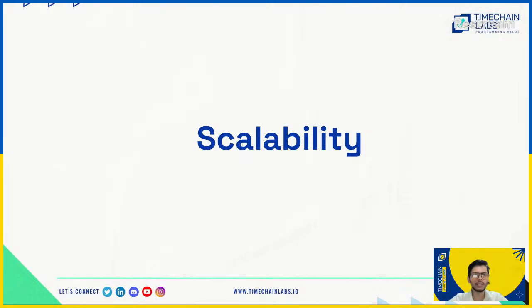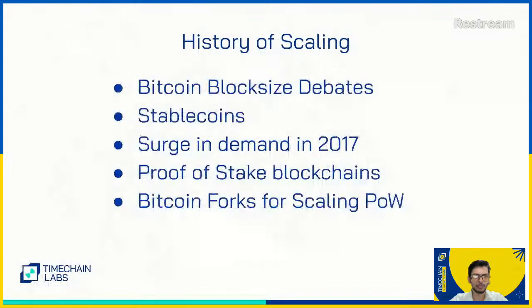Now, there is another strategy to scale also. So this is essentially the Bitcoin history of the scaling debates. There were big block size debates that happened. Stable coins came into the picture. What is a stable coin? A stable coin is a token represented on the blockchain, issued on the blockchain by an entity holding an equivalent amount of real world currency. So they represent one to one a real world currency like rupees or dollars or other currencies on the blockchain. They have real bank account money and they are issuing the equivalent amount on the Bitcoin blockchain, or any blockchain for that matter. That's what creates the stable coins.